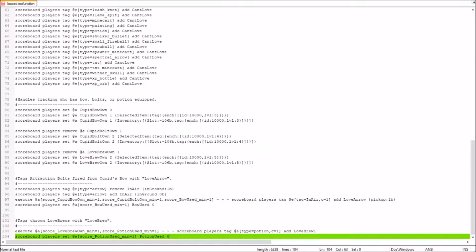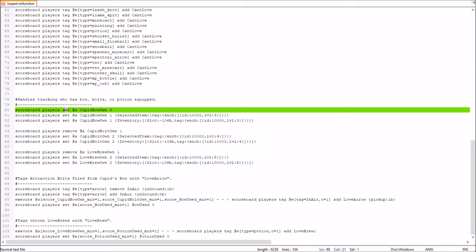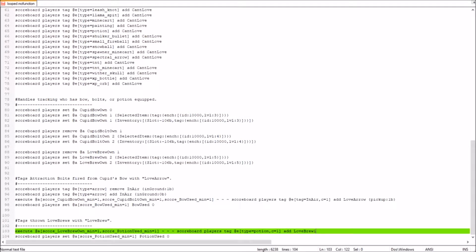And going back up here for a quick second, I have remove here instead of set because consumable items can be a little bit tricky when we're trying to determine if the player has used them. Take the Love Brew for example. In order for this tag to be applied, I must be an owner of the potion and have just used one. But that's actually a little bit contradictory, because if I use one, I'll have 1 in potion used, but because potions don't stack by more than 1, my hand will actually be empty, which technically means that I'm no longer an owner, and this means that Love Brew Own will be set to 0 and this tag won't be